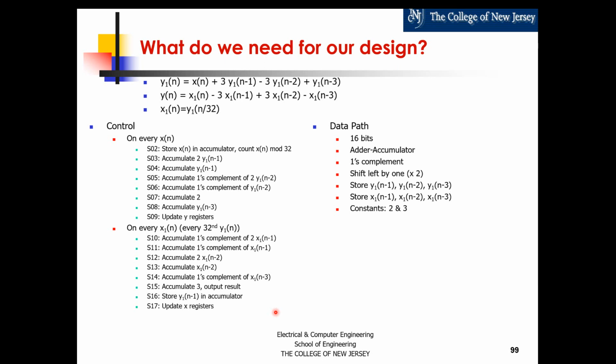My data path, my resources that are going to change the data or process the data to get this done, are, well, a data path that is 16 bits wide, because that's what I want to get eventually. I need another accumulator, which is essentially an adder with a register at the output. I need some logic to produce the ones complement. That's just a series of inverters,